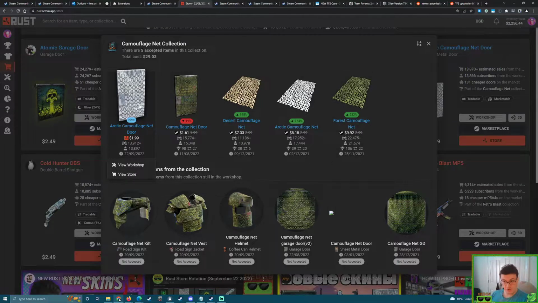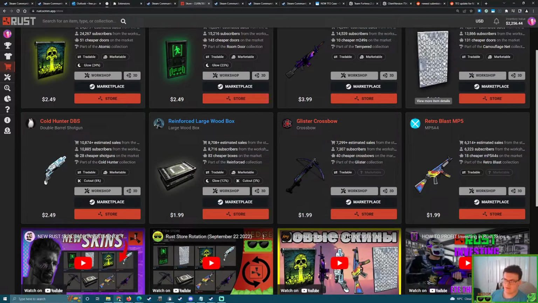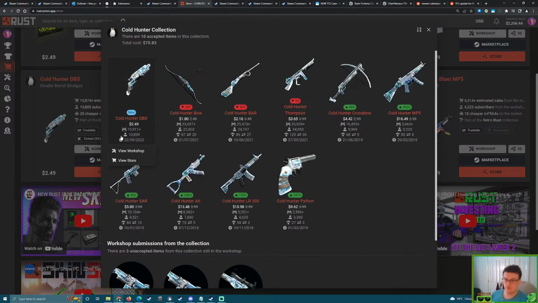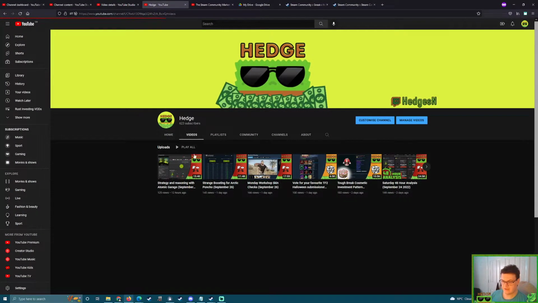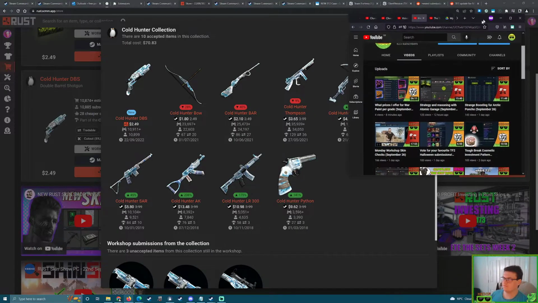However, it is cold and winter themed, and that's interesting because now we're going to move over to the Cold Hunter double barrel shotgun. So remember, it is cold and winter themed, and this of course is cold themed. It's part of the Cold Hunter collection. It's fairly well known. It's come out ever since 2018, and I have done a fairly recent video talking about this very collection. So here you go. It's right there. Cold Hunter Profit Pattern. Very, very good video for explaining